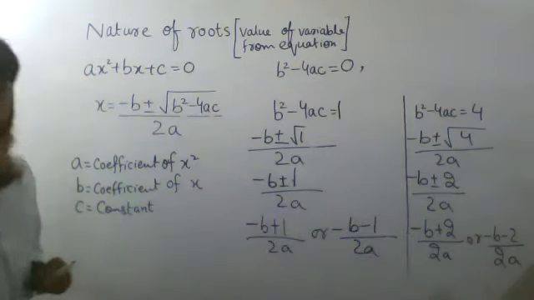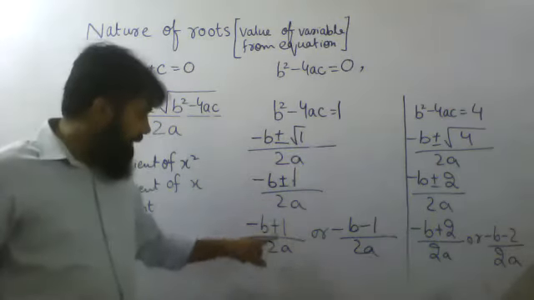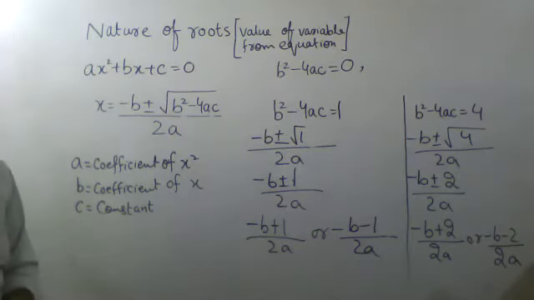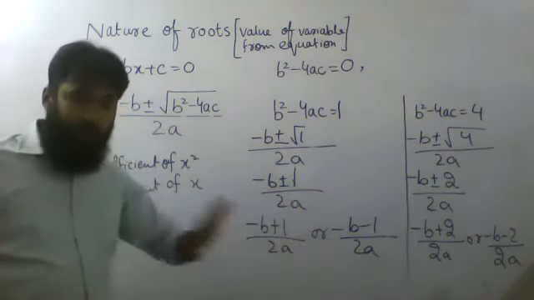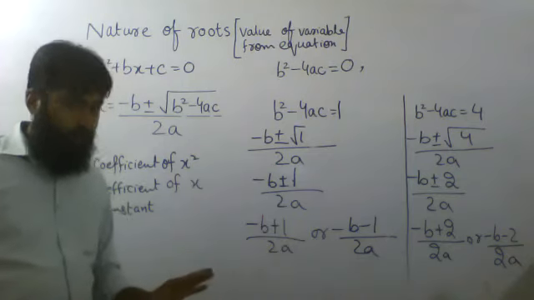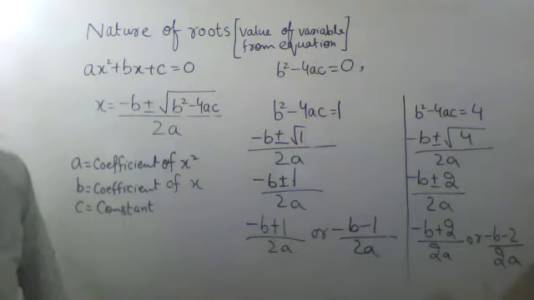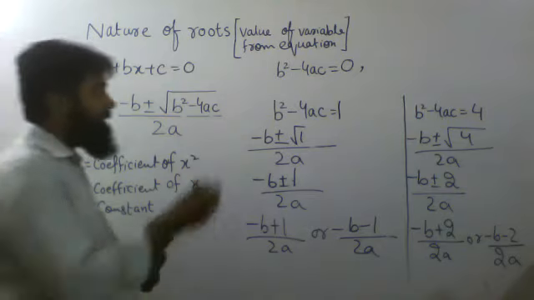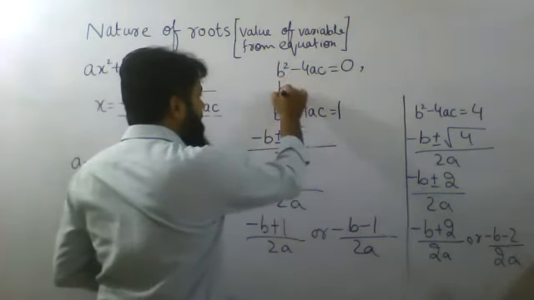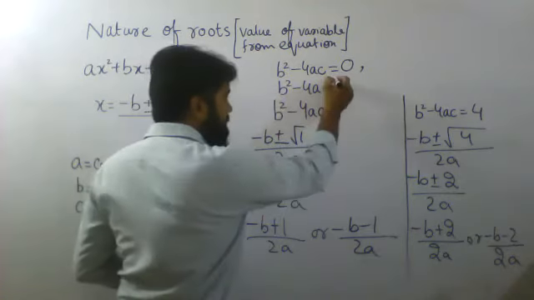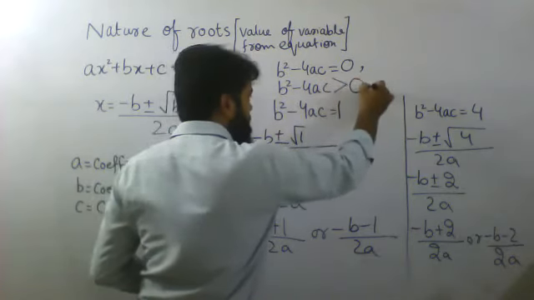And still I am going to get two different answers, one in plus form, one in minus form. Okay? For 2a, there will be no changes in that. We are not considering that right now. Right now, the important thing is b square minus 4ac, and I am only considering b square minus 4ac right now. Okay? So it means that when I am having b square minus 4ac, this value greater than 0.